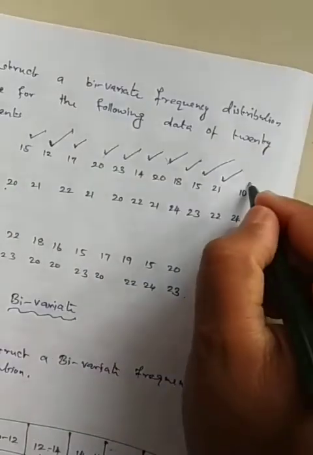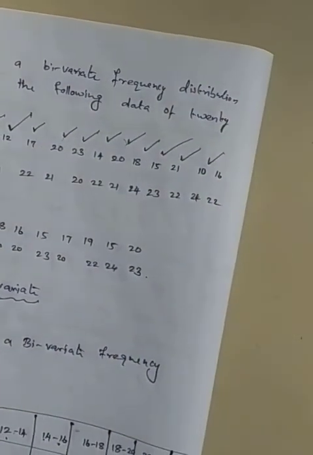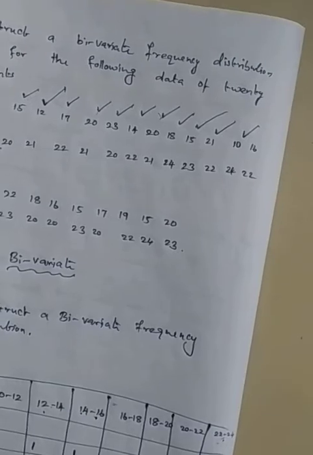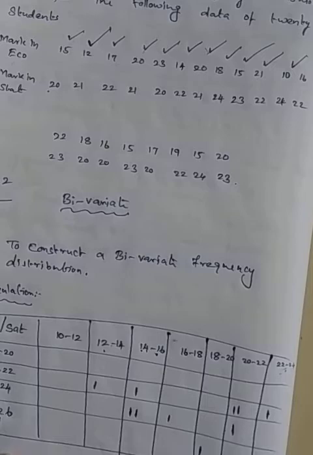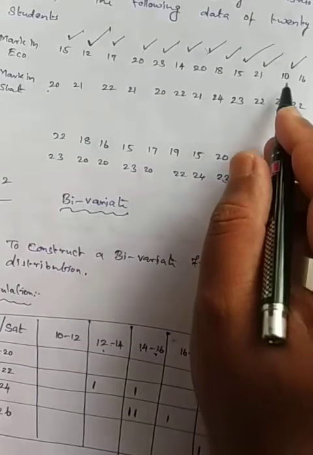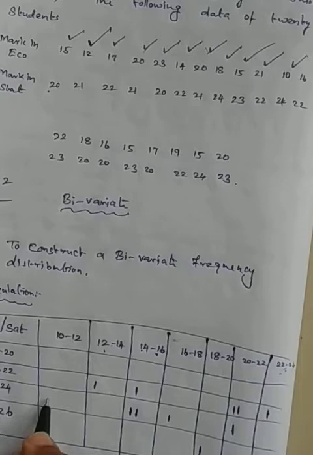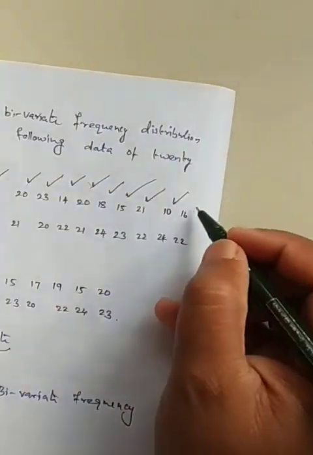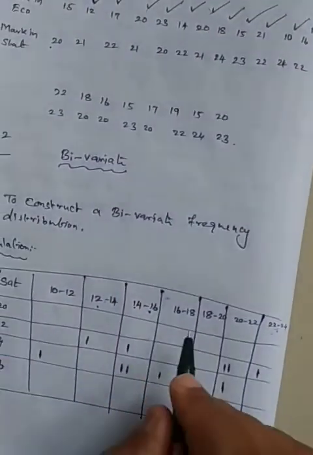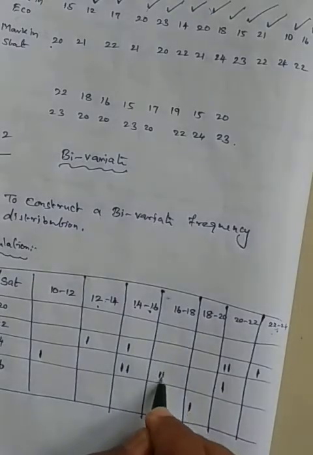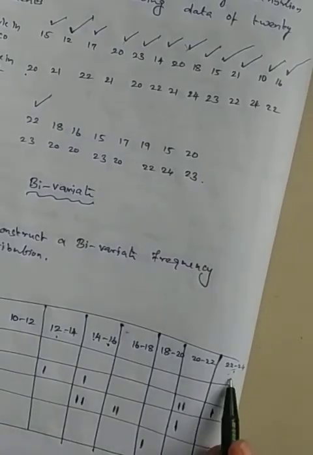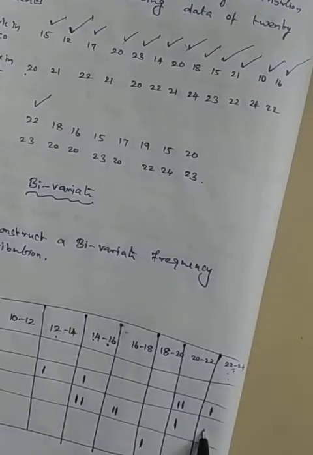The next one 10, 24. What is that? 10 to 24. Where is 10? 10 is not here, 24 is here. So I write it here. And the next one 16, 22. Economics mark 16 here, 22 is here. So here, repeating. The next one 22 to 23. Where is 22? Here, and 23 is here. So here it will come.